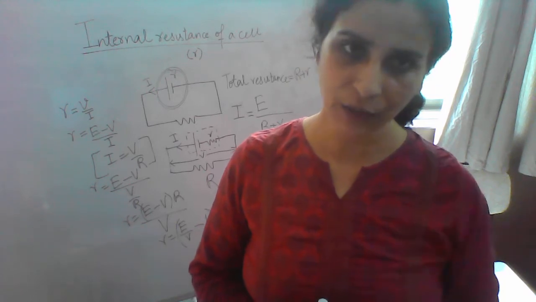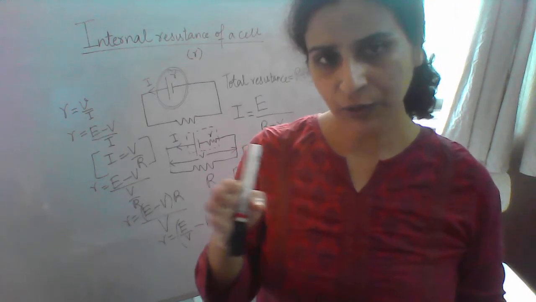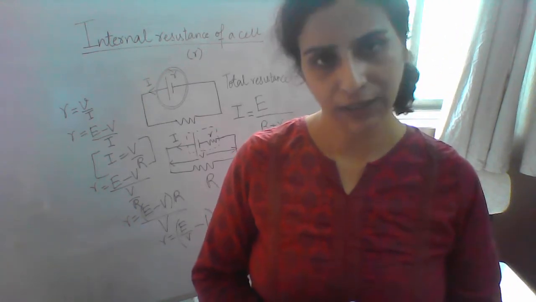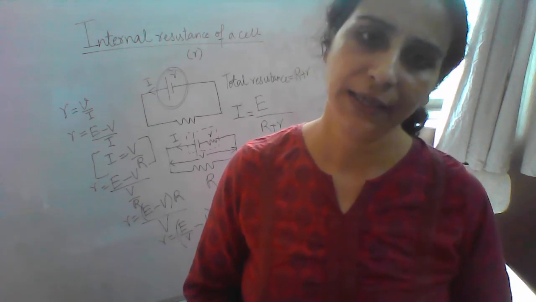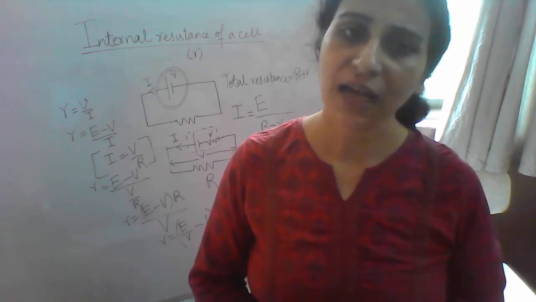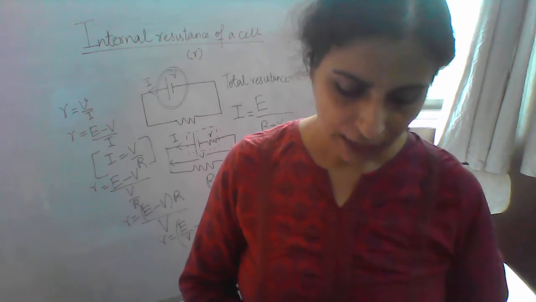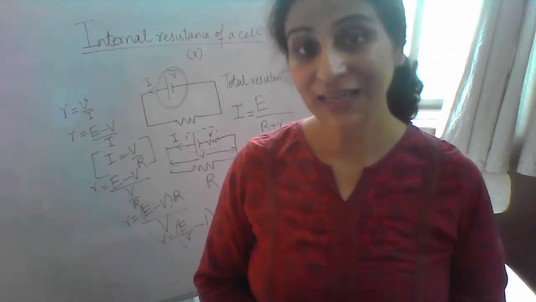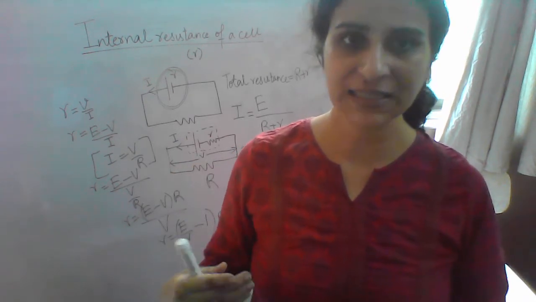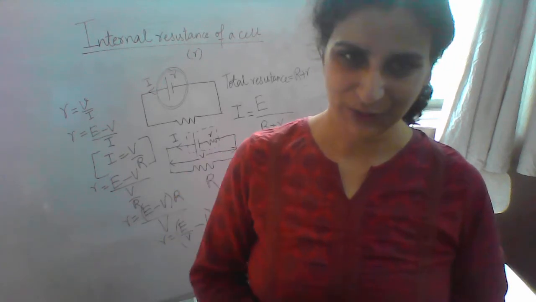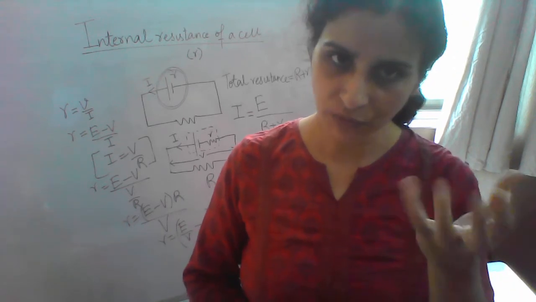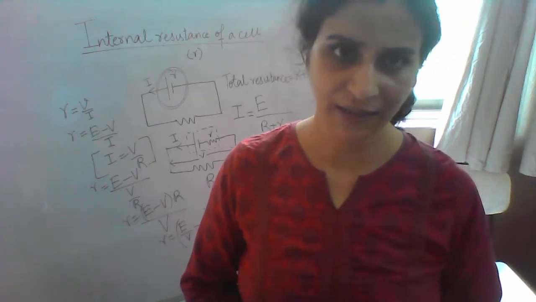The third one is the nature or concentration of the electrolyte. Like, I am taking dilute; if I take it a little bit towards concentrated, then the higher the concentration of the electrolyte, the greater will be the internal resistance of the cell. So more concentration, more internal resistance. And the last one is the temperature of the electrolyte. This time it is inversely proportional: the more the temperature of the electrolyte, the less will be the internal resistance. So if I want lesser resistance, I will have to increase the temperature. If I take a warm solution, then it will give me lesser internal resistance.